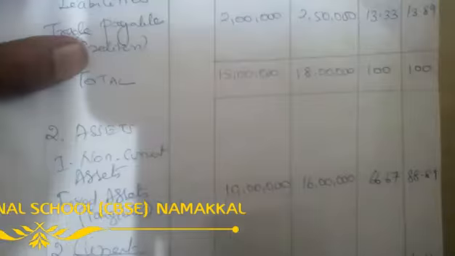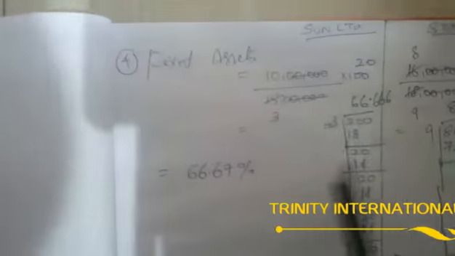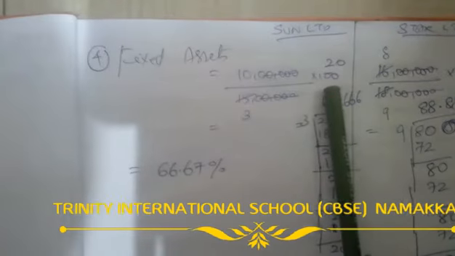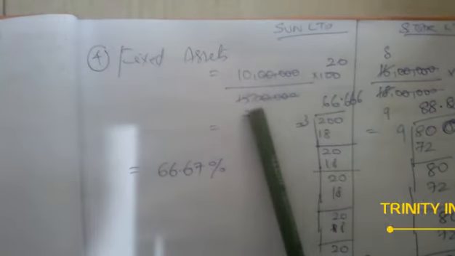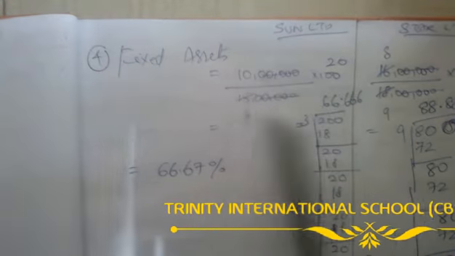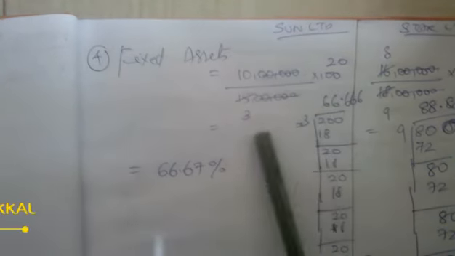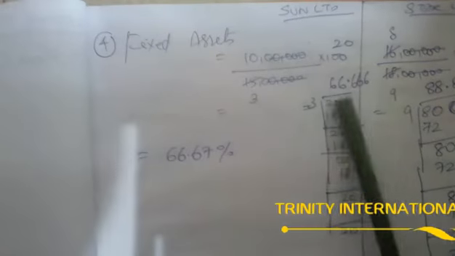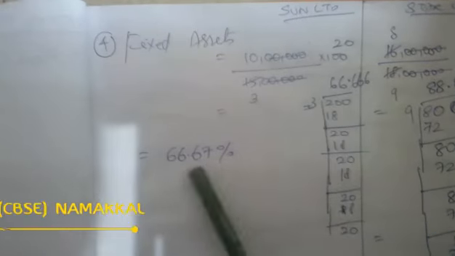Okay, now going for the assets classification, our non-current asset, fixed asset, tangible. Same workings as you have worked out. Here in the same manner you have to make 2 classifications. Fixed assets, same, 10 lakhs divided by 15 lakhs into 100. For simplification, here 50, here 50 cut it, then 3 5s are 15, again same, 20 5s are 100. I consider 10 into 20, 200, divisible by 3. After this calculation, I have shown how I did it. Quickly you have to calculate by the easy way, 6 3s are 18, like that. If you keep on doing it, you get 66.67.